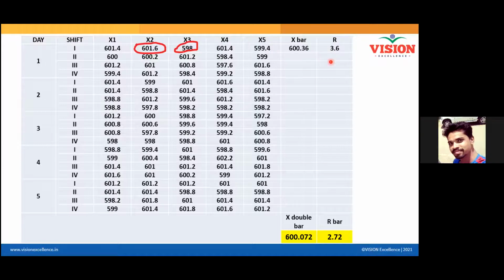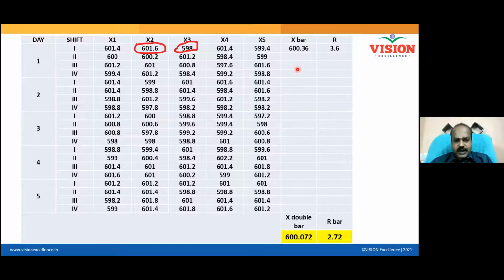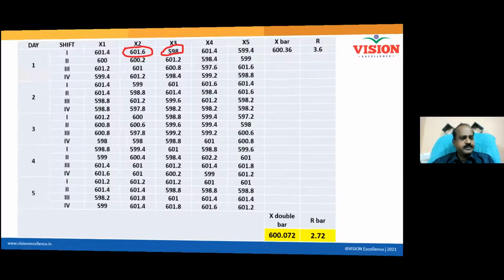For one subgroup, I calculated. For all remaining subgroups, you can calculate, right? If required, I will share the data. All of you can practice this. So you can calculate all the X bar and all the ranges. Now 20 averages are there. Calculate the average of the averages, that is called X double bar. What is X double bar? The center line in the X bar chart. Similarly, I have 20 ranges. I calculate R bar. That will be the center line in the R chart.